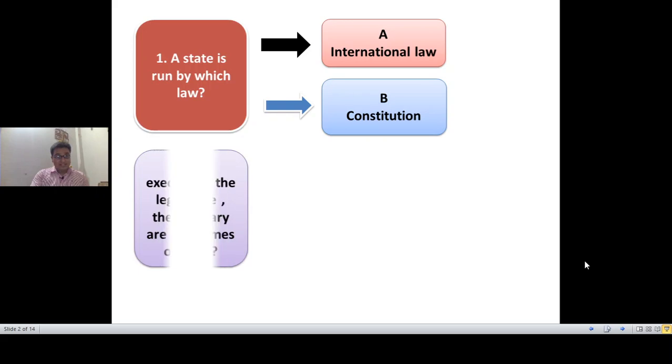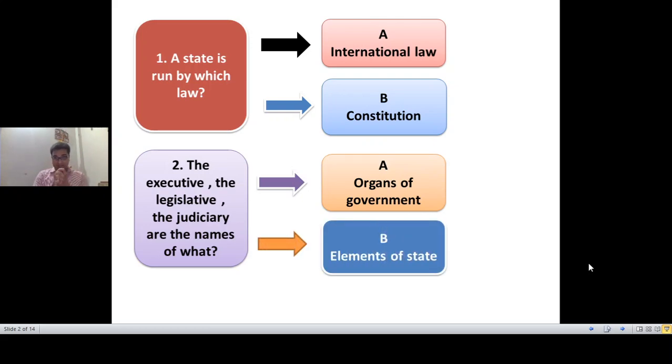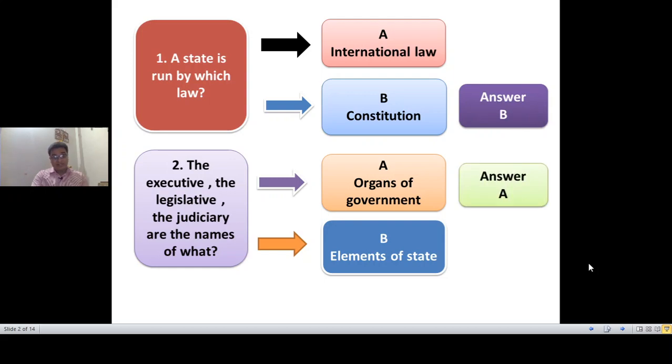And my second question is: the executive, the legislative, and the judiciary are the names of four. Here I will give you two options. Option A, organs of government. Option B, elements of state. Dear students, now I will give you 10 seconds to remember the answers to these two questions. I think you have got the answers. The answer to the first question is option B, and the answer to the second question will be option